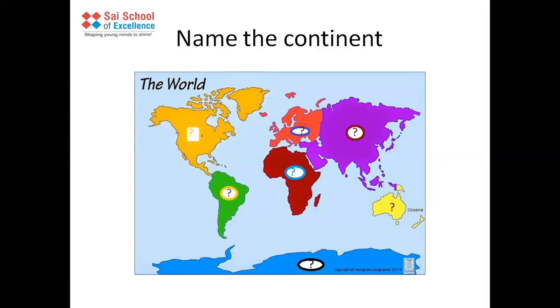Now children, let's play a small game called Name the Continent, where you are going to see the continents on the map and you are going to write which continent you think it is. So here is the first one. Look at the green region. Which continent is this? Just write down its name. In the same way, write down which continent the rest of the colors represent. Children, you can use the world map which is given in the previous slide.